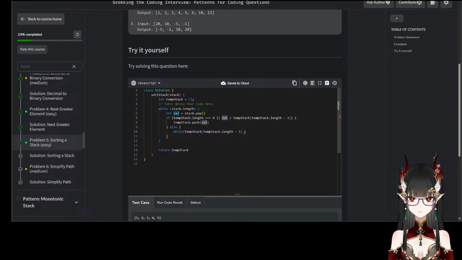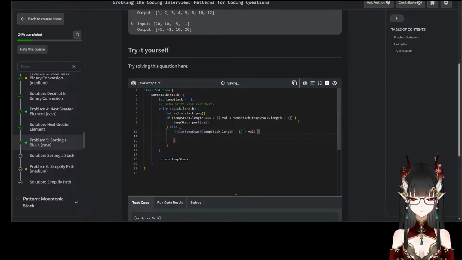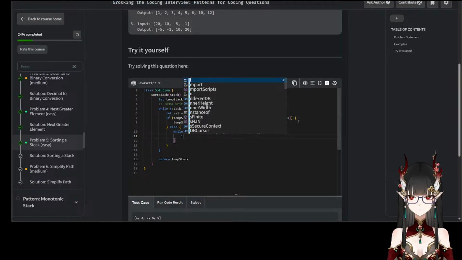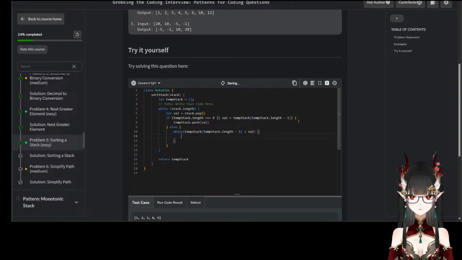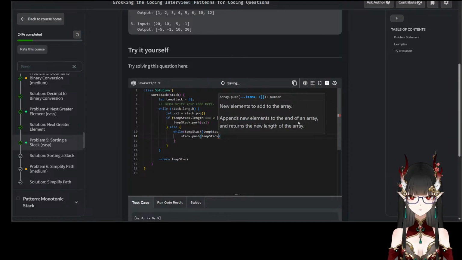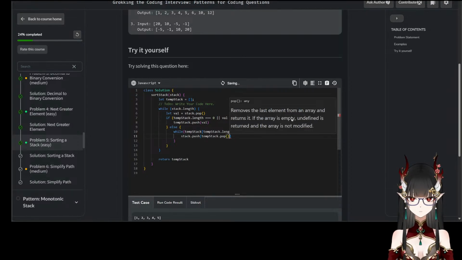If the top element is greater than val, then you put it back to the original stack. So stack dot push temp stack dot top,